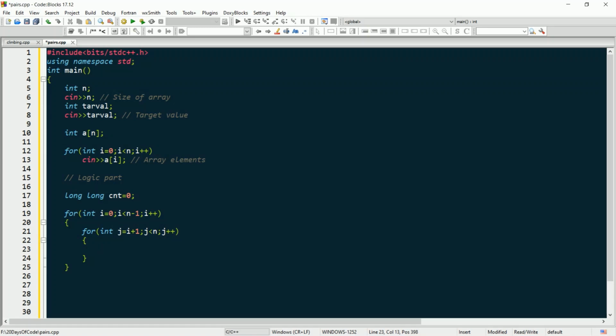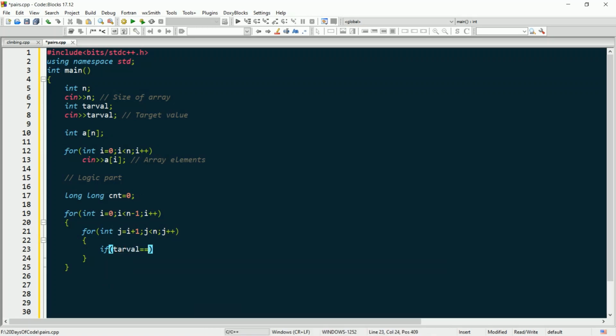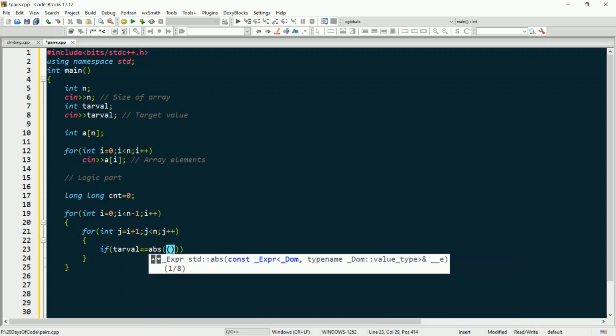We'll take the absolute difference. To do that, we check: if tar val is equal to abs of a of i minus a of j.